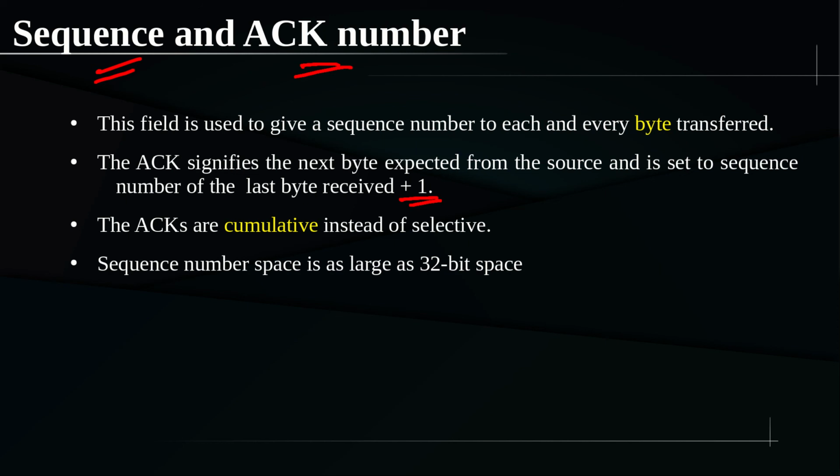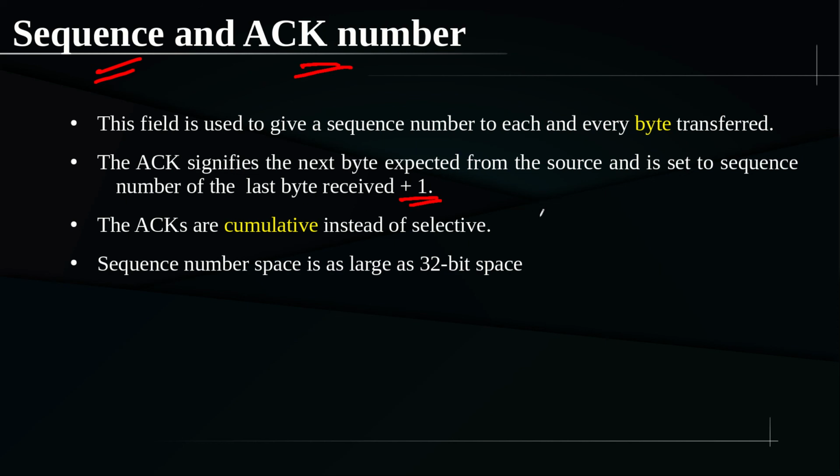After some time, all the sequence numbers 0, 1, 2, 3 and so on will be consumed up to 2^32, and at that time the sender will be forced to use sequence numbers starting from 0 again. So what is the chance that the previous segment sent with sequence number 0 is still in the network, and the newly assigned unit of data, which is given the same sequence number, is also in the network at the same time? The receiver can't do any duplicate filtering because both have the same sequence number, but such a situation will not arise. That kind of analysis is there that you can see.